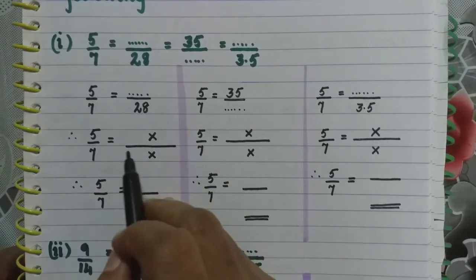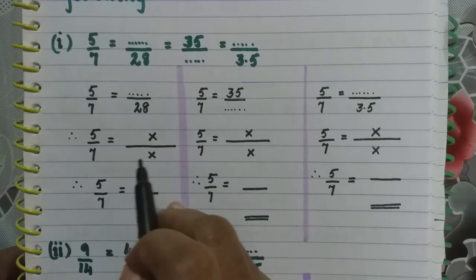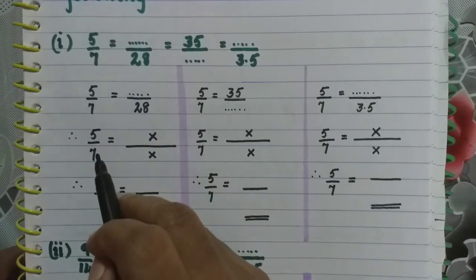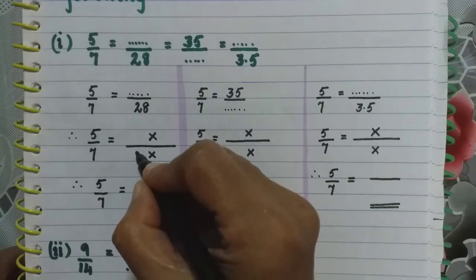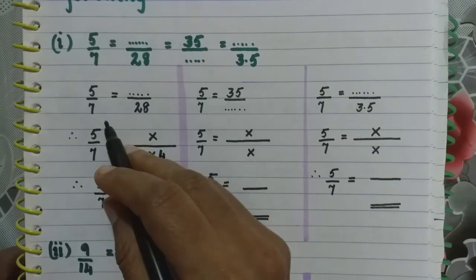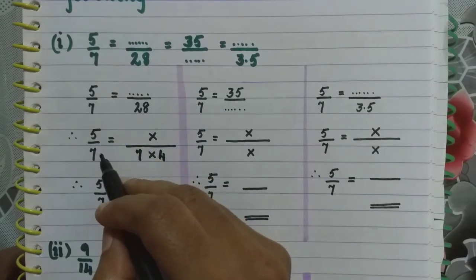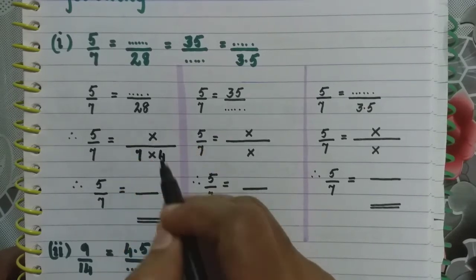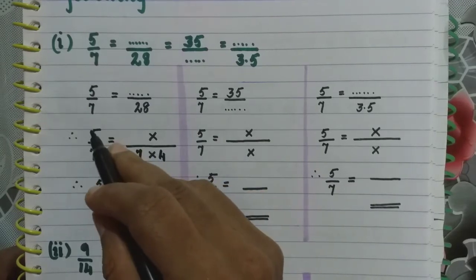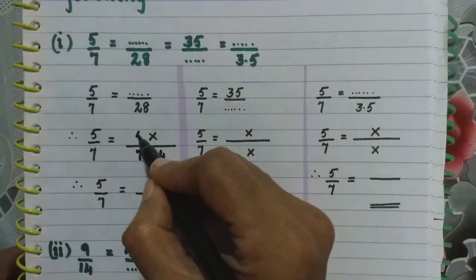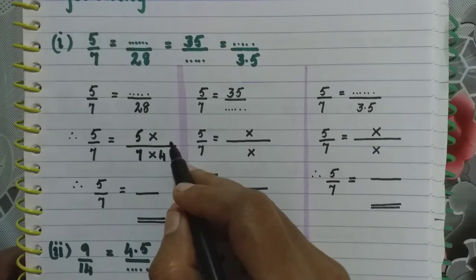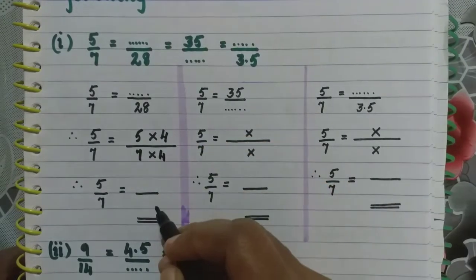So now first let us write it as a product of the multiples. That is 28 is here and this 28 is 7 into 4. Why am I writing 7 into 4 and not any other multiples? Because 7 is already there. And what has to be multiplied with 7 to get 28? That is 4. So 7 into 4. And here in the numerator, what is already there? That is 5. And since 7 is multiplied by 4, 5 also has to be multiplied by 4. So you get 4 here.